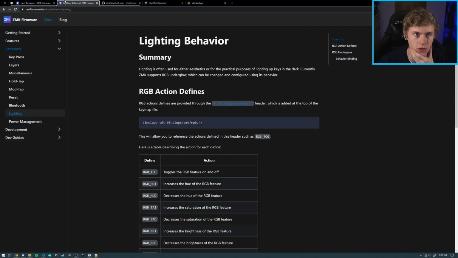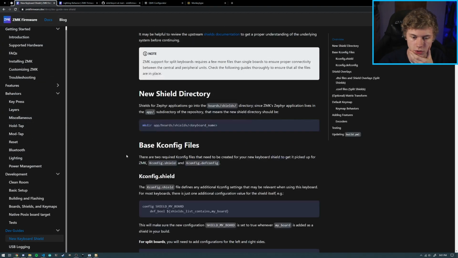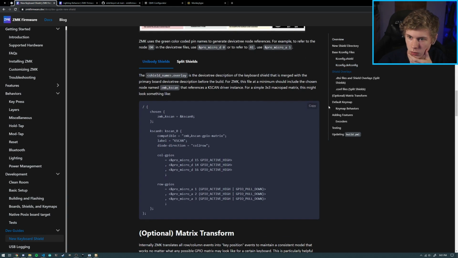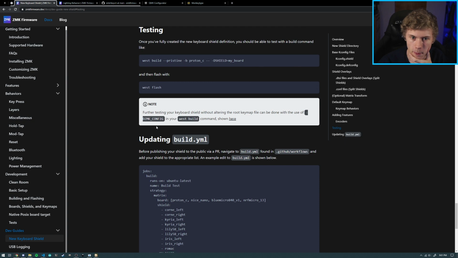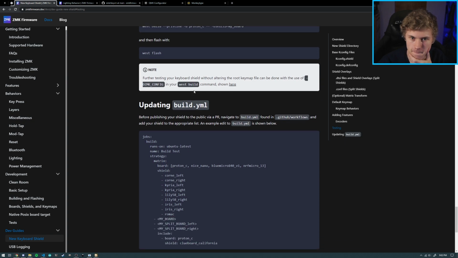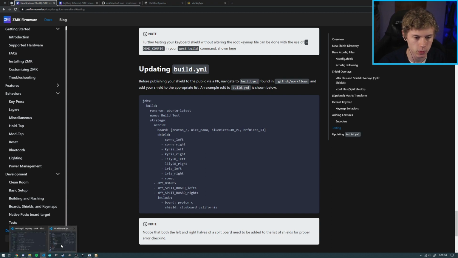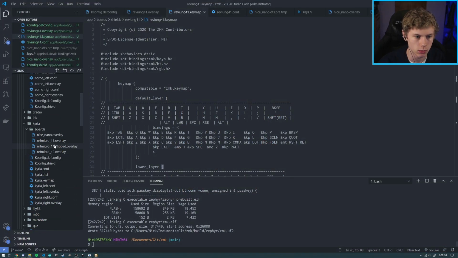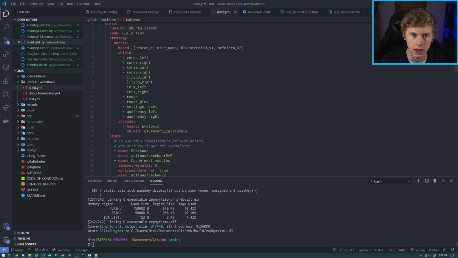If we go back to new keyboard shield, we'll see that after we complete adding features, we need to do testing. And then we need to add the build YAML. So build.yaml, not here. We'll add